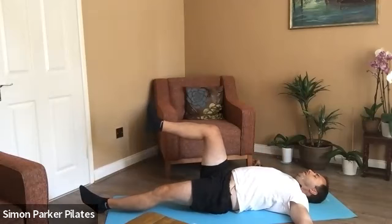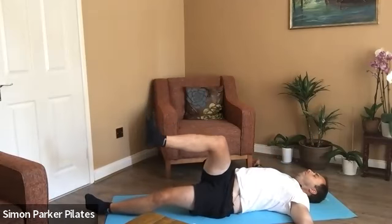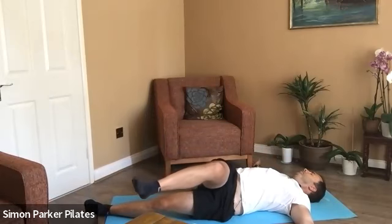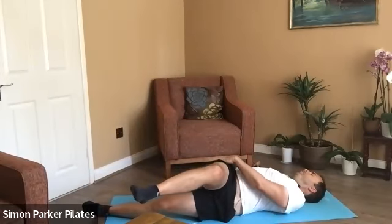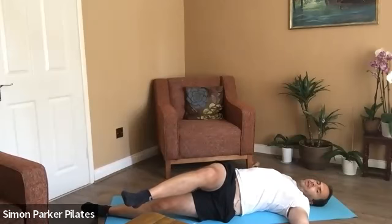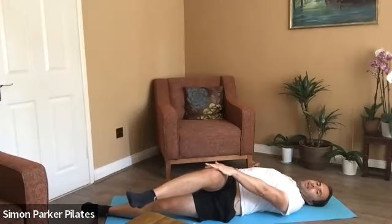tabletop position. Now, very slowly, you're going to cross the right leg over. Take your time. Your right arm and your right shoulder need to stay down. Now, once you've crossed, as you cross, you're going to feel through the right glute, through the right lower back and the right hip. If you can't feel anything, you can increase the stretch by just placing that left hand there on that knee